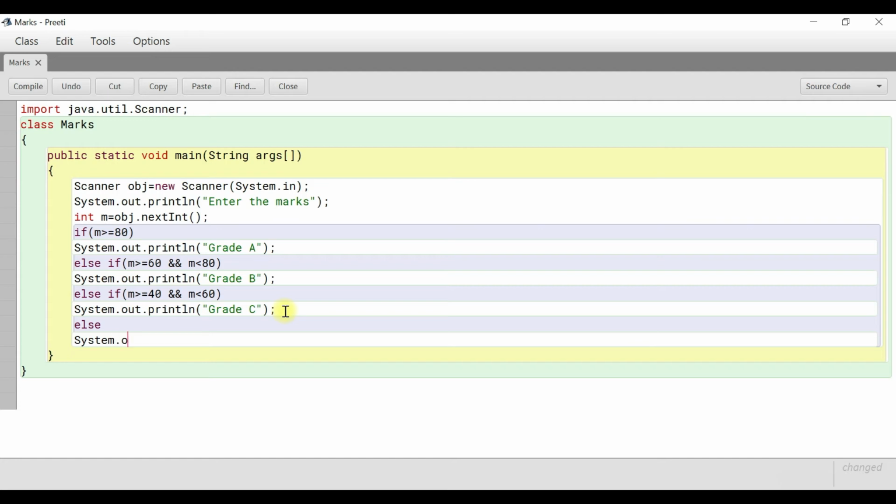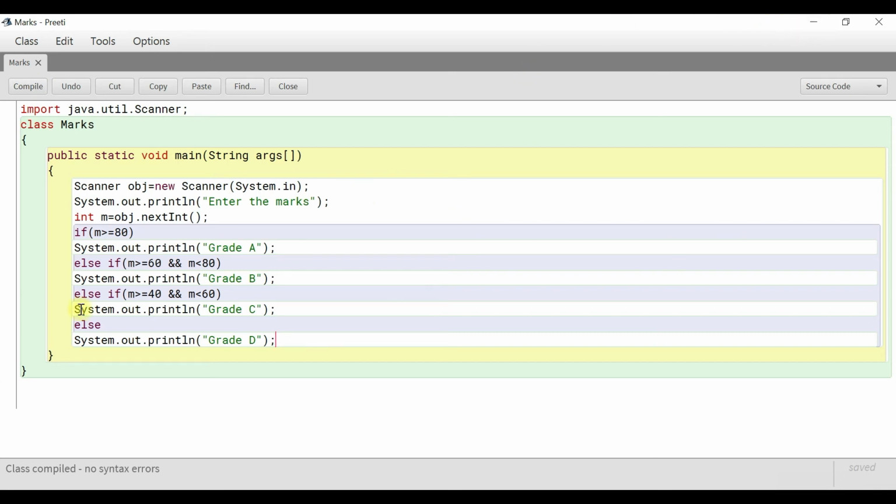System.out.println, grade D. Fine. Okay. Now the main is closed, the class is closed. Fine. Next compile it. Okay, no syntax error.